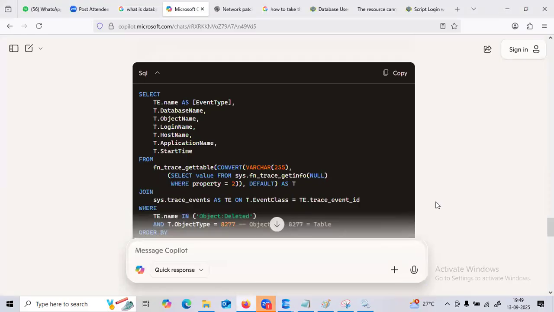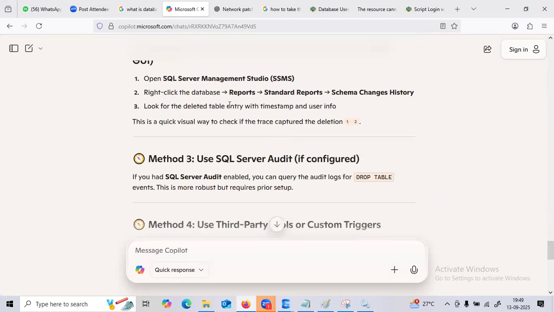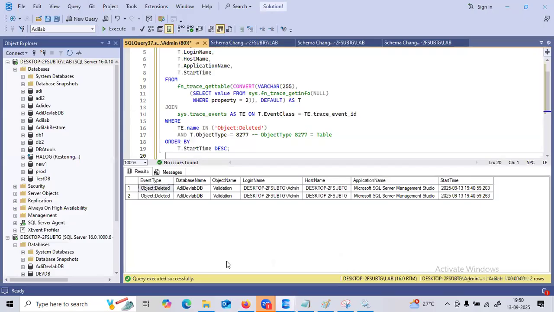Okay, this is very, very important. So what is one more thing? See, it's telling the same thing, right? Go to Management Studio, go for the reports, standard reports, schema change history. Look for the date and timestamp. Somehow our schema change history was not recorded, but it's recording the external events. Ten days back, the same thing happened. The user themselves deleted the stored procedure, but they were claiming that it was deleted by